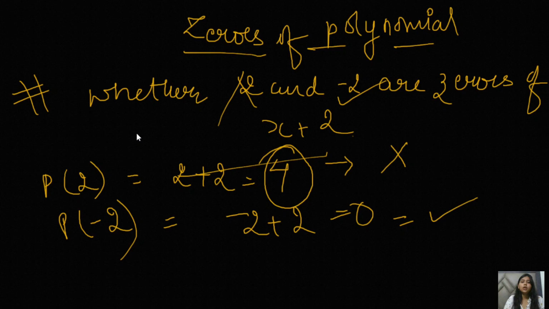Okay, so you can also get questions in which you have to just put the value of x. For example, there is a question where you just have to find out the value. Like the equation is given: p(y) equals y square minus y plus 1. So you just have to find out the value of p(2) and p(1).